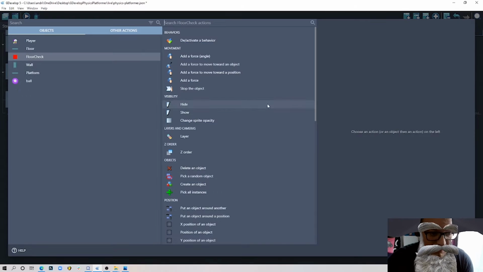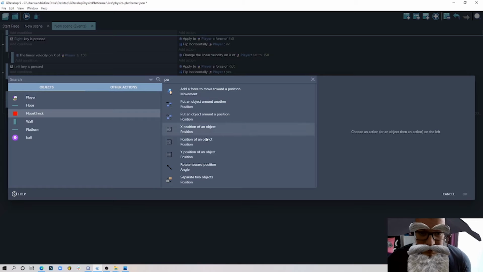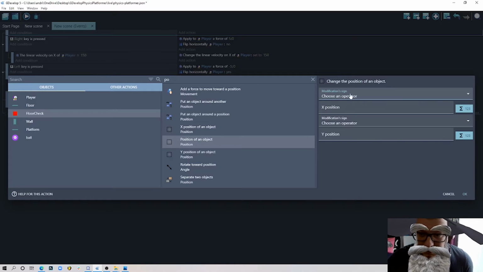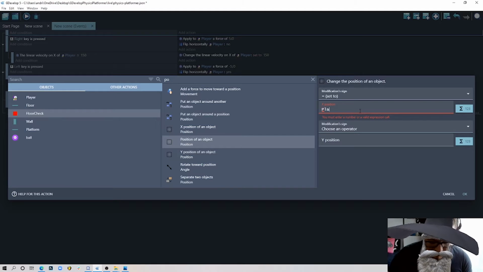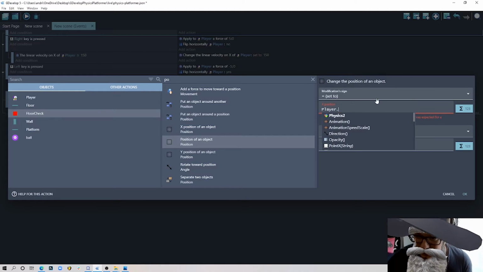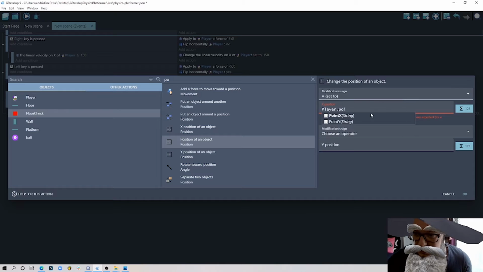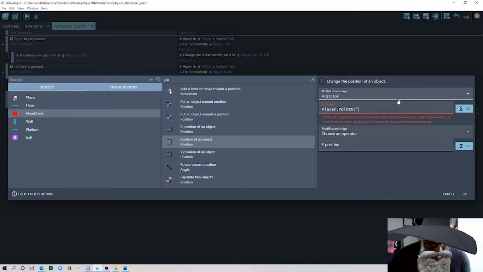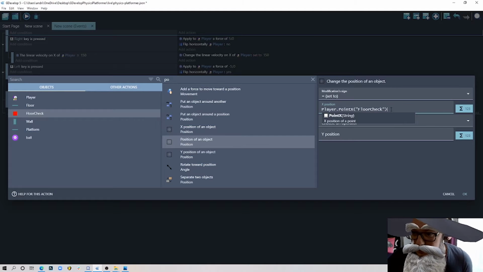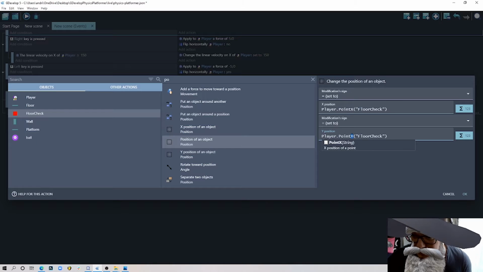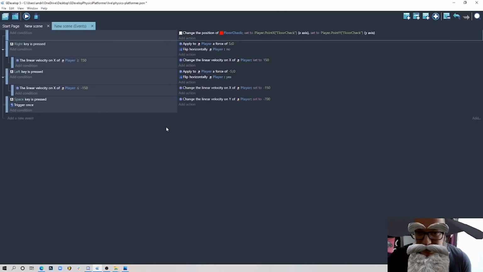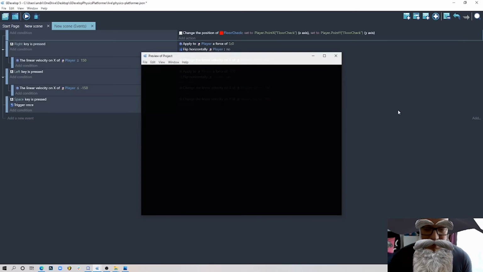And we say floor check position equals, so for the x-axis it should go to player dot point x, and the point is called floor check. And we copy this whole thing and say the same thing for the y-axis. Instead we just change x to y, and now I press OK, and if you run the game it should